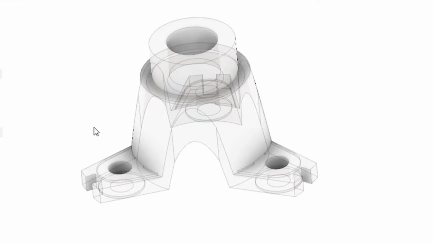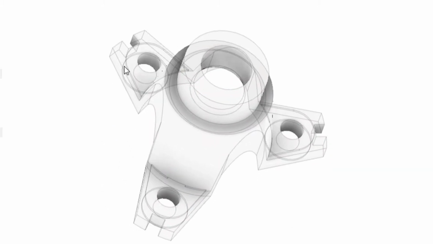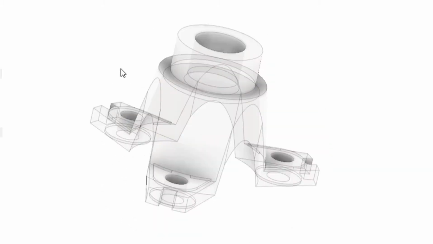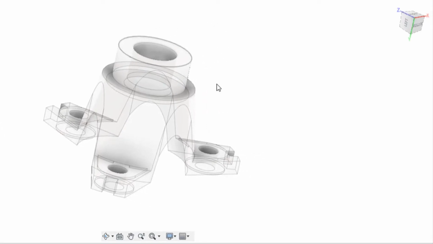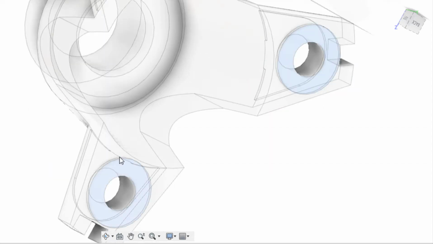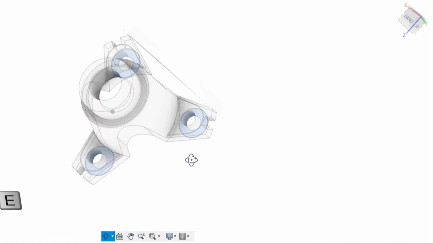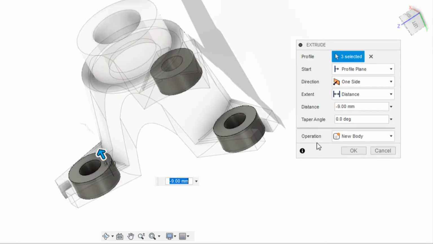If you observe here, we're having 4 holes. 3 on the bottom, 1 on the top. These 3 will hold the bolt and the one on the top will hold the shaft. We need to tell the software that you have to preserve these geometries. Thus, I'm gonna select these 3 faces on the bottom, hold Ctrl and select these 3 faces and press E on the keyboard. I'm gonna extrude these up to this face. Make sure that the operation is new body and click OK.